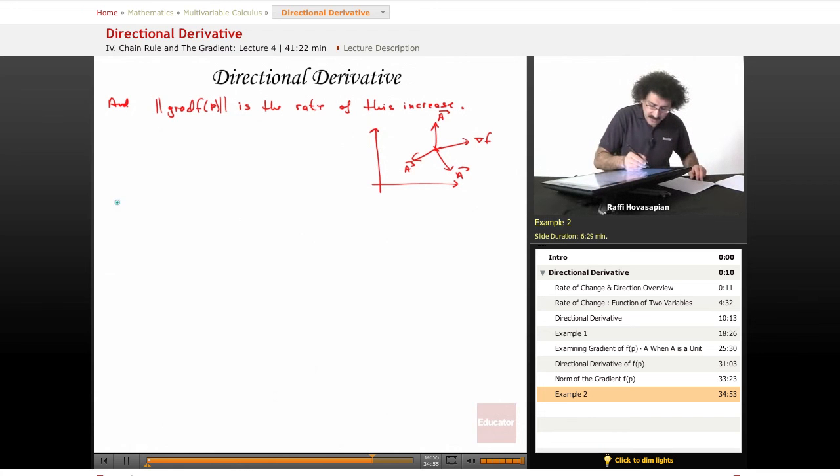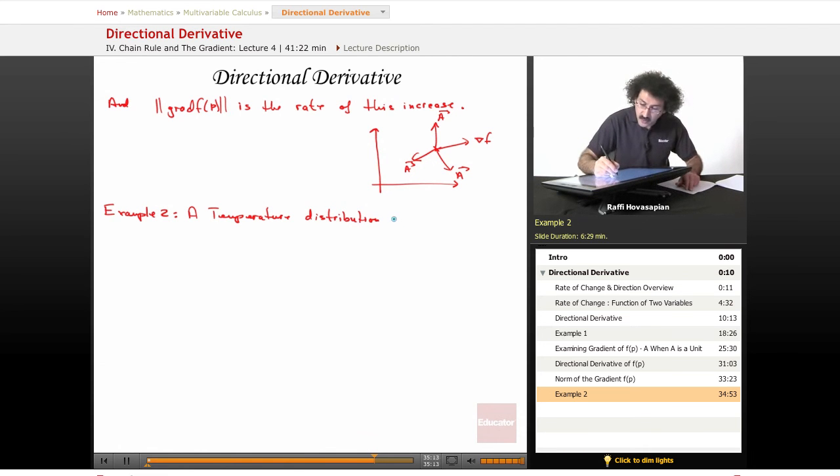Let's go ahead and do an example. Example 2. A temperature distribution, so now we can actually use a nice physical situation. A temperature distribution in space is given by the function